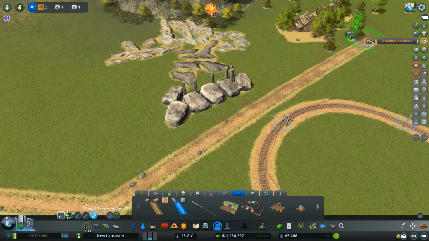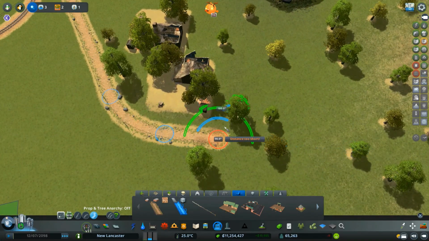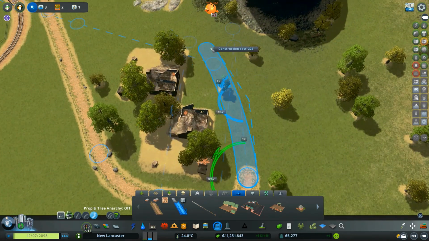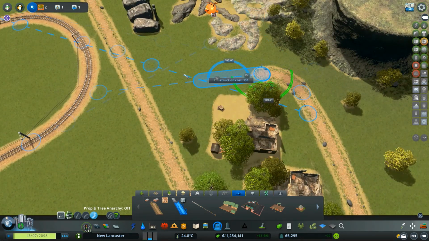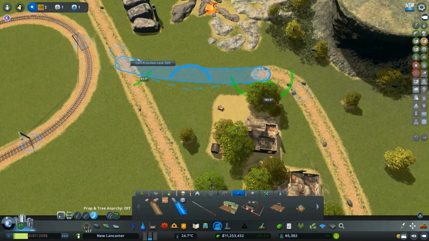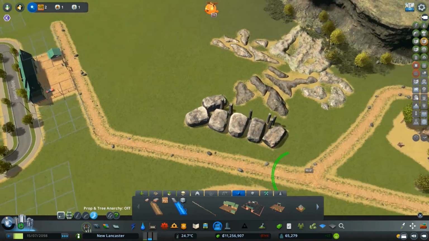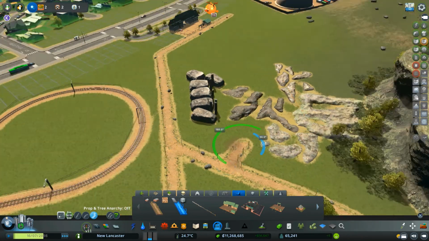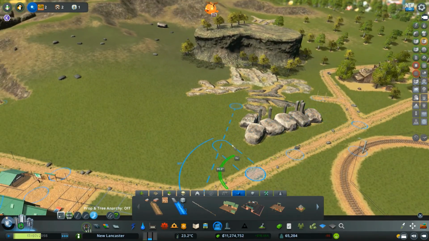And then from here, we'll go by these old houses. Be very careful not to delete them. And it can be like a little tour of a pioneer village or something. I'm not sure how East Coast that theme is, but that's what we're going with. And then we're just going to take this out just a touch so people can kind of walk out this way, see the standing stones that way, but not delete the rocks that are around them.